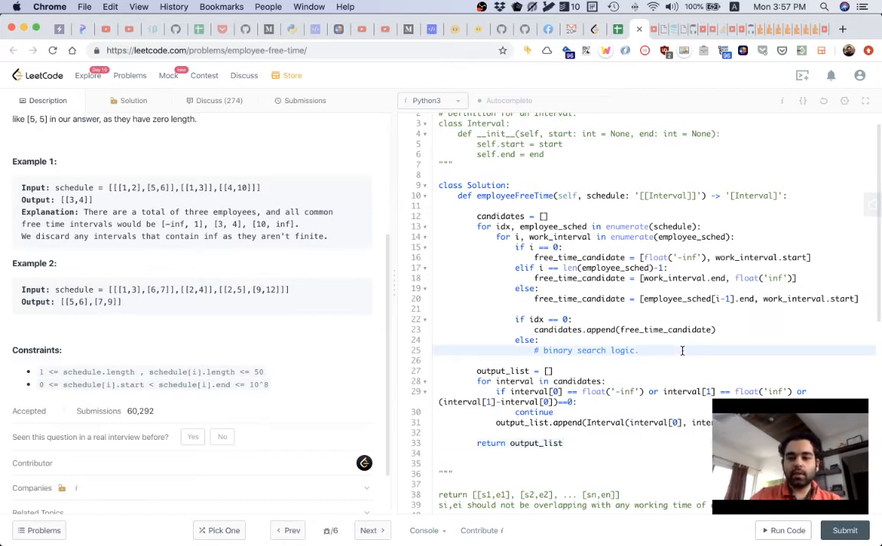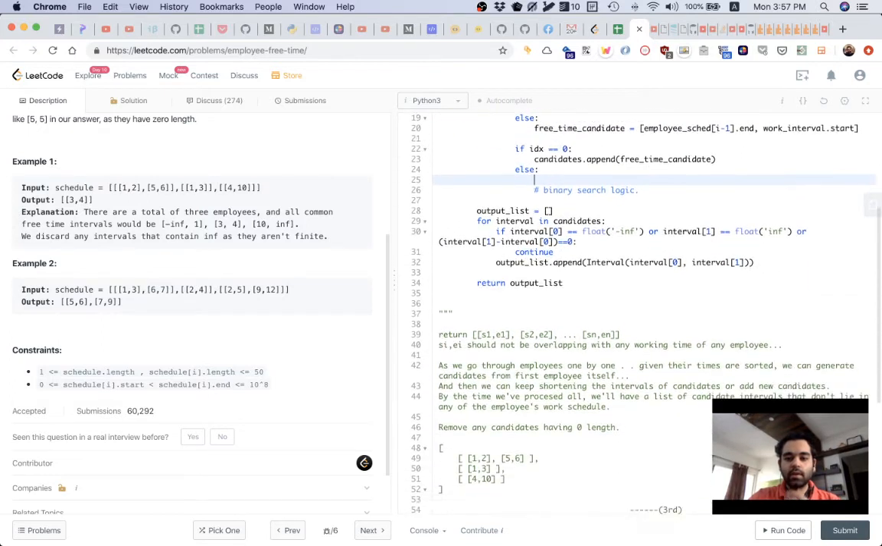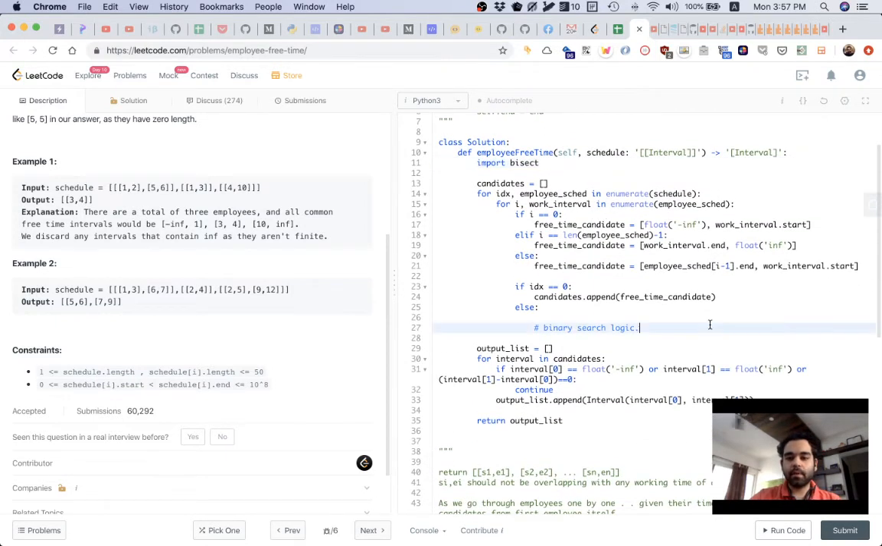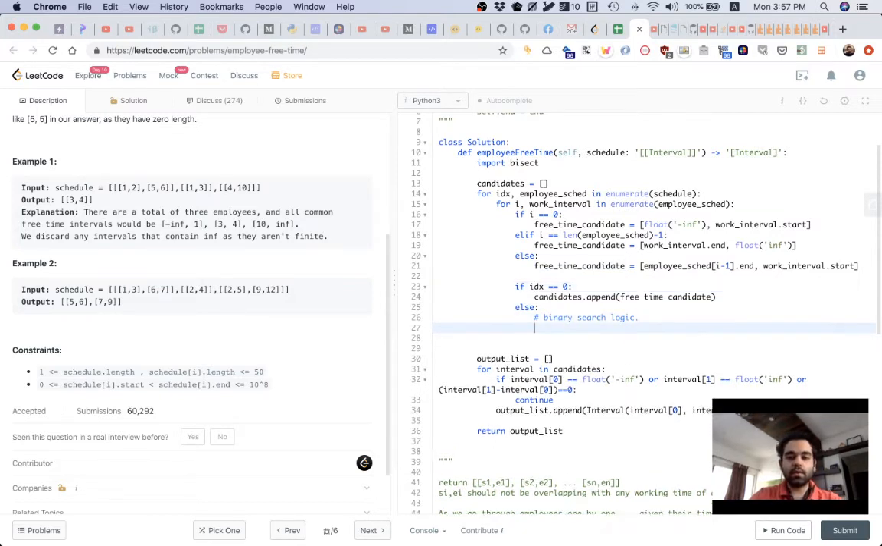Now the thing that's pending is this binary search logic, so we should probably use bisect here because otherwise it's too much. Import bisect. So bisect lets us do binary search. Now what we want to do here is, once we find a free time candidate, and index is not 0, we are going to try to find its starting point. So bisect dot bisect left,